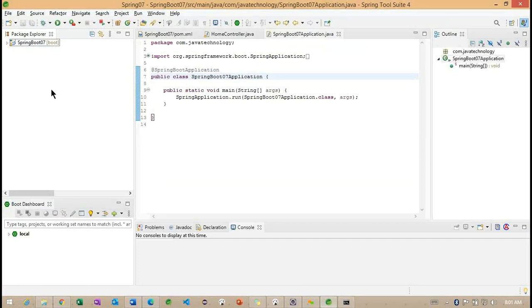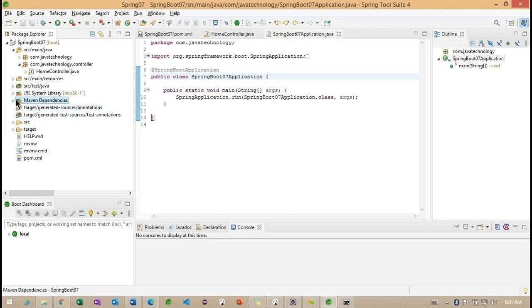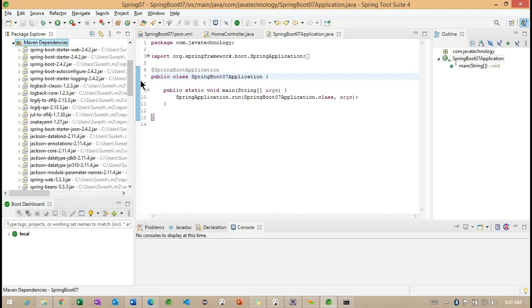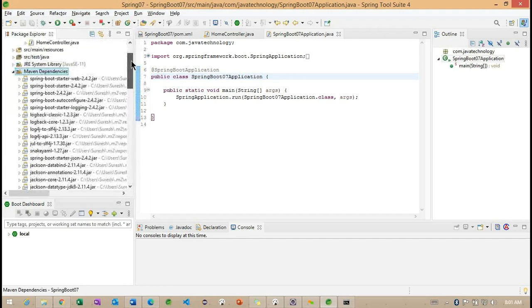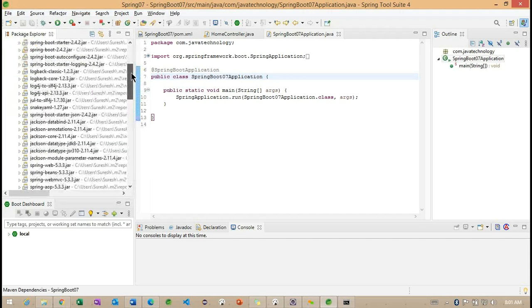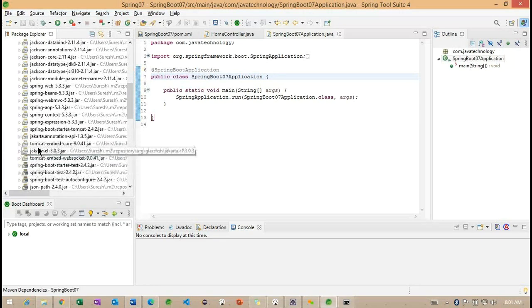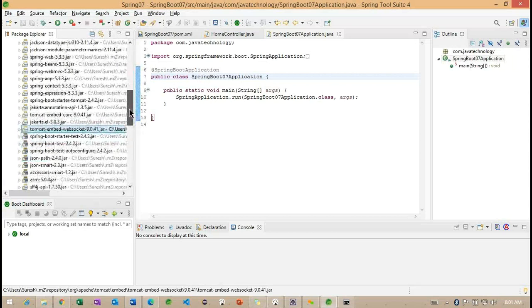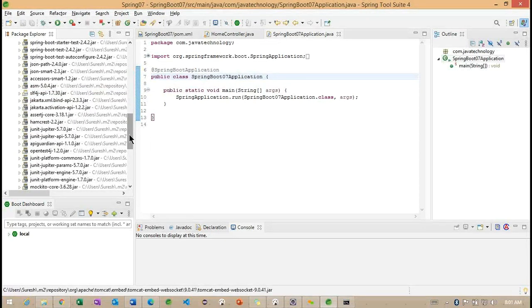So how exactly is it running? Because of particular jars, which we have already seen, something called Apache, where the Apache related jars are available. You can check here: Tomcat embedded core, Tomcat embedded WebSocket. Whatever dependency jars are needed are going to be downloaded here.